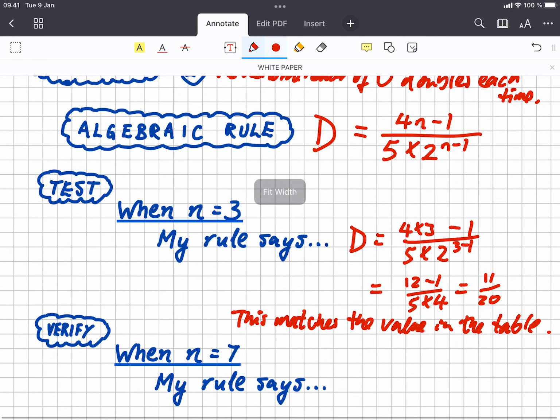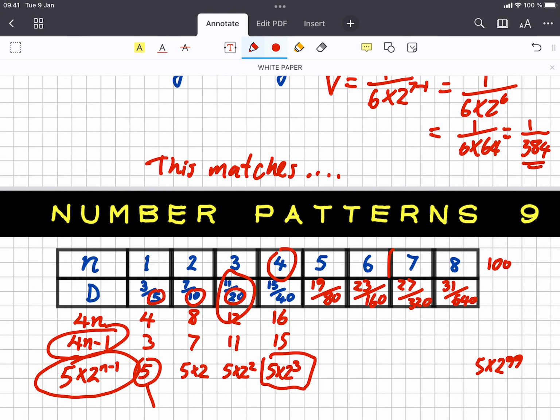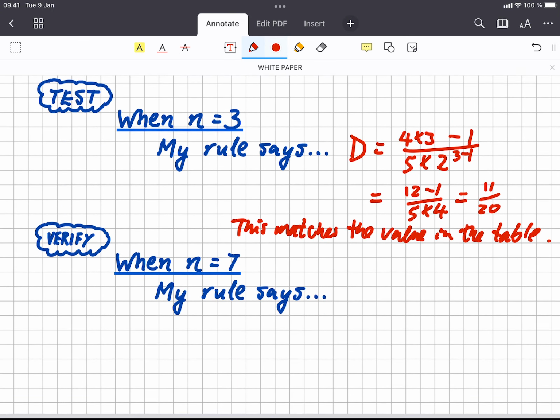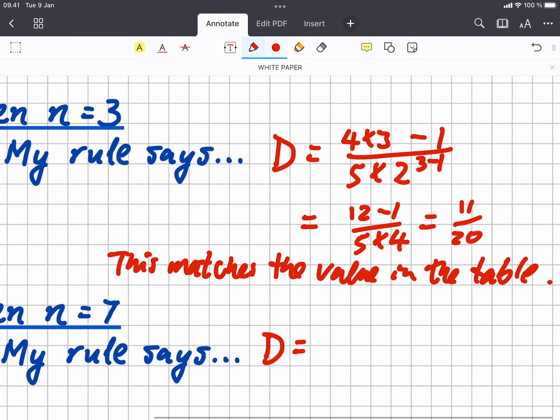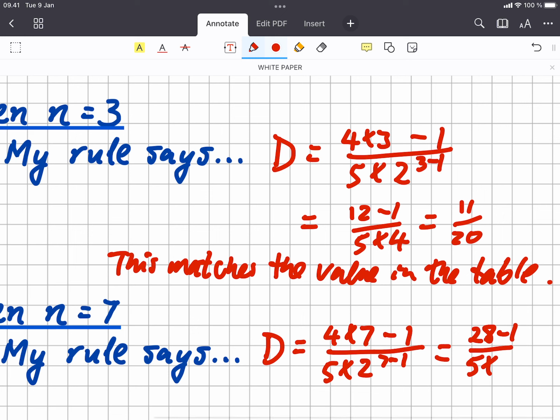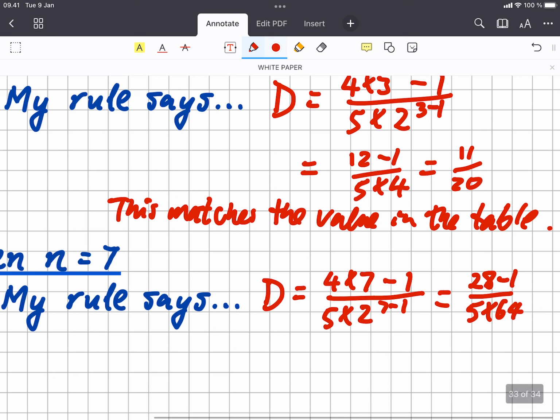And then verifying is just doing the same, but further up the table for the values where you had to fill in a prediction yourself. So when n equals 7, my rule says D equals 4 times 7 minus 1 over 5 times 2 to the power of 7 minus 1, which is 28 minus 1 over 5 times 2 to the power of 6, 2, 4, 8, 16, 32, 64, equals 27 over